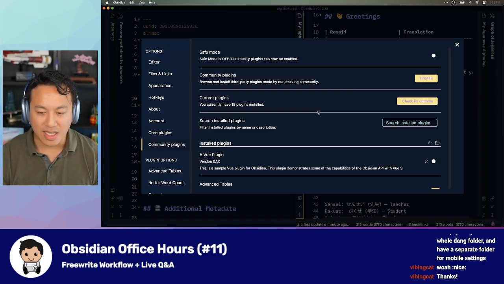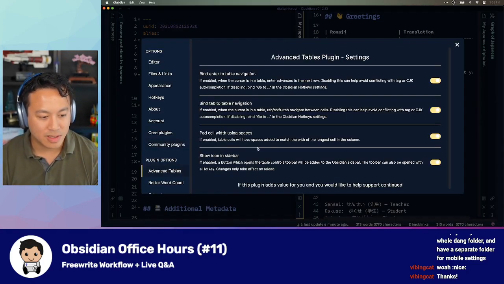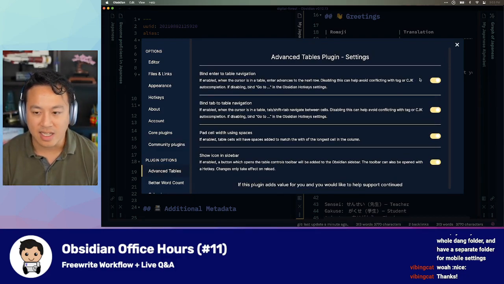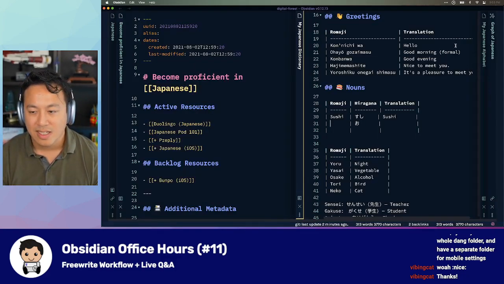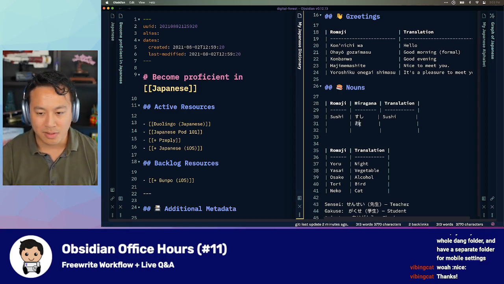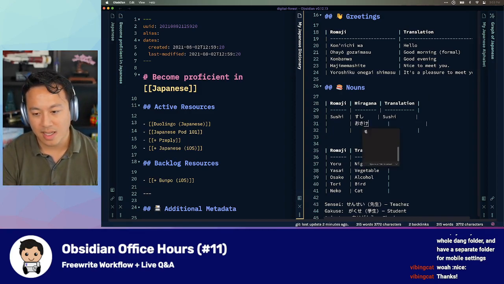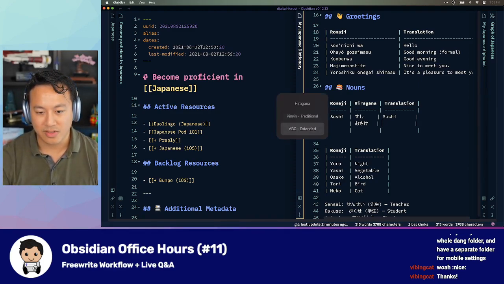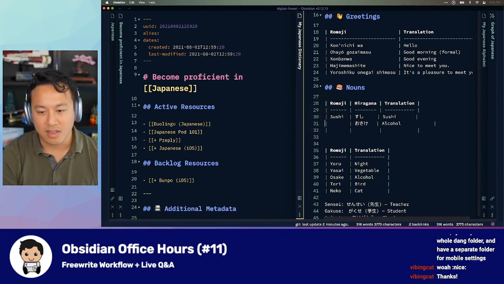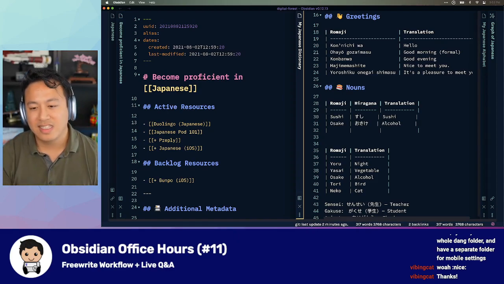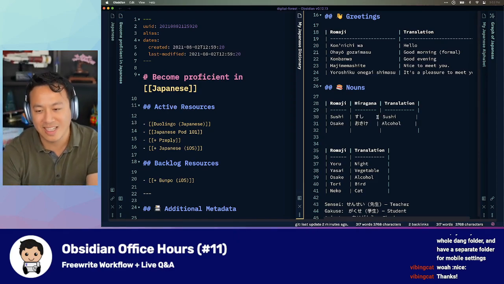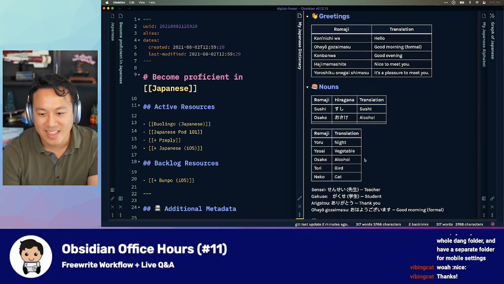and I can disable the enter. So I tried that before. I went to advanced tables and removed this because it does say to avoid conflicts, but now it's like, okay, so osake, and then here we go, and now I can say, okay, let me go back to English for a bit. So this is alcohol and this is osake, and this isn't the worst, but I would say